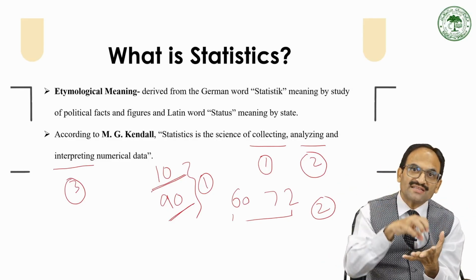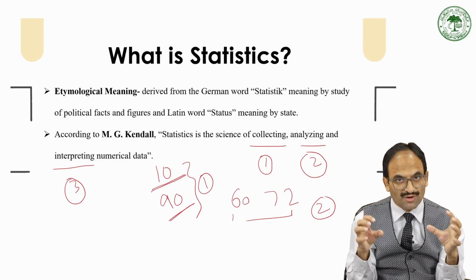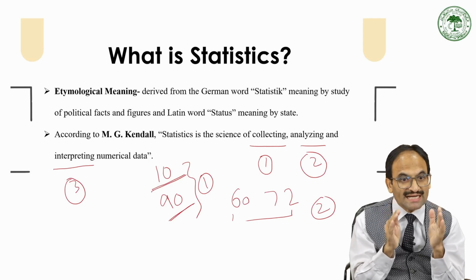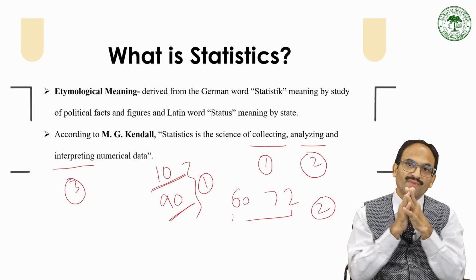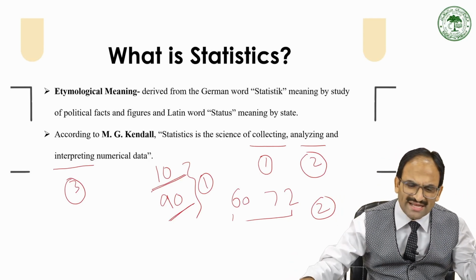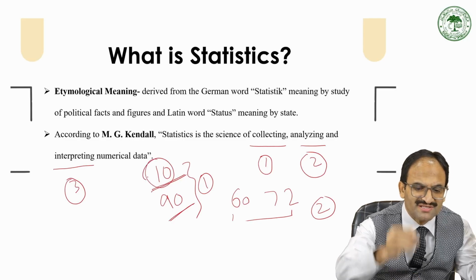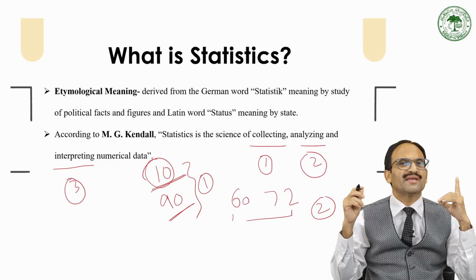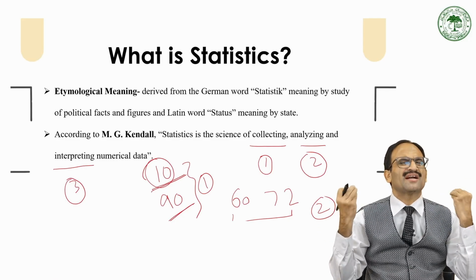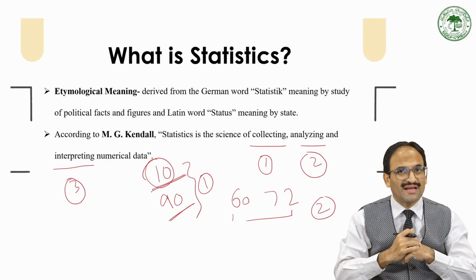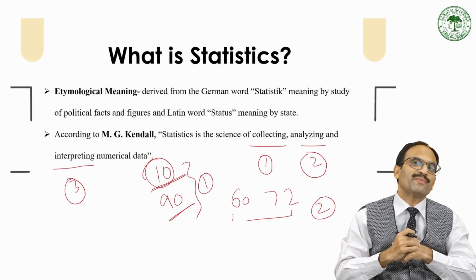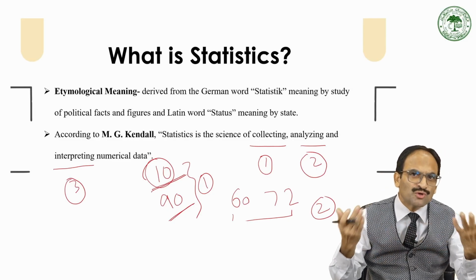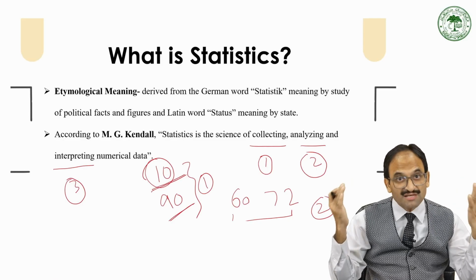So, after collecting the data, you analyze your data, and after the analysis, you come to interpretation. What is interpretation? Why this poor performance? Only 10 marks are scored by one student or two students or 10 students out of 100. It shows a certain kind of poor performance. There might be some reason for this poor performance. What are those reasons? Is my teaching method faulty?